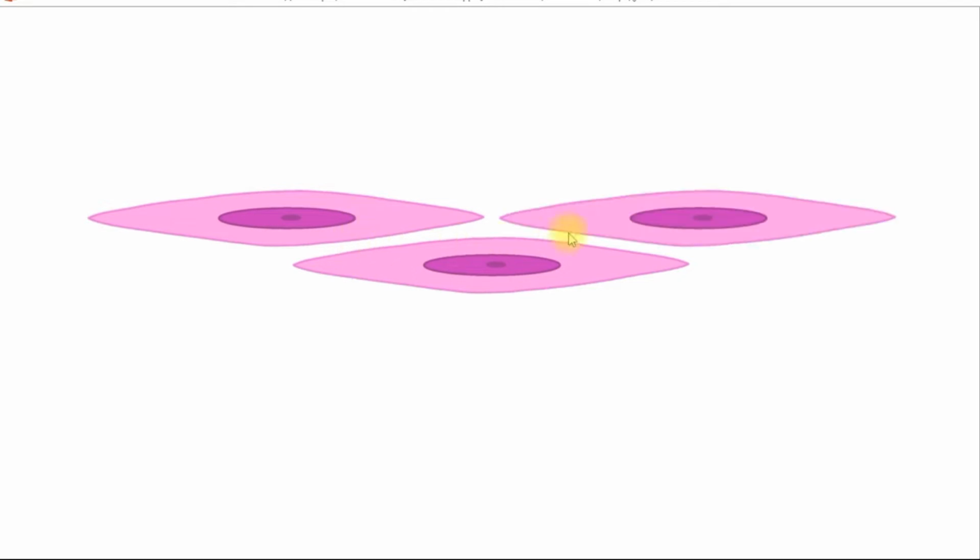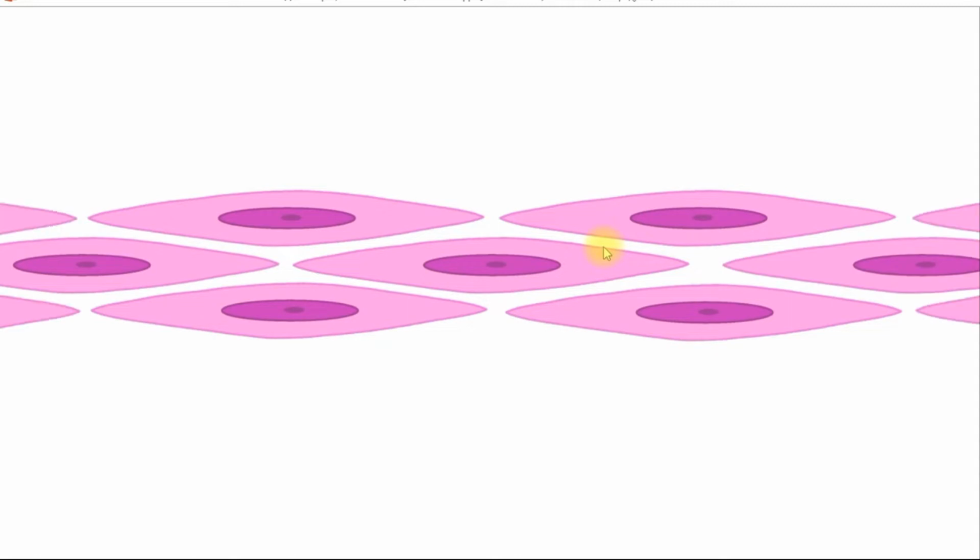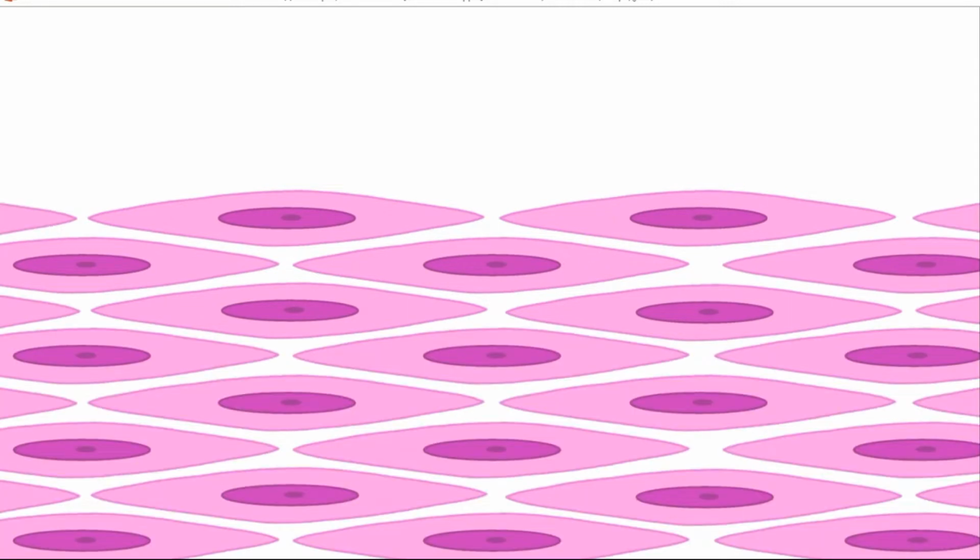Here we can see the shape of this smooth myocyte. It's spindle-like, and there are neighboring cells attached to each other side to side. Here we can see two sides, and another smooth myocyte is attached to this cell side to side. And here we can see the pattern of arrangement of smooth myocytes in smooth muscles. Here we can see numerous smooth myocytes and the pattern of how they form smooth muscular tissue. So one smooth myocyte is the structural and functional unit of smooth muscular tissue,